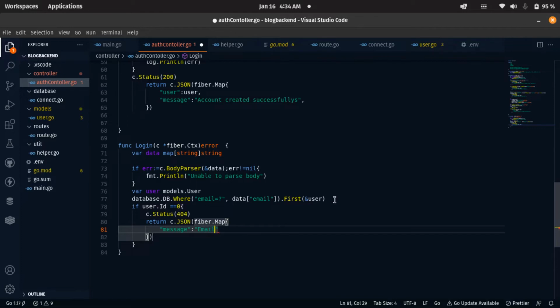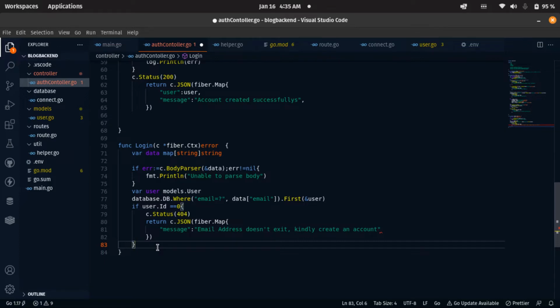Depending on the error message you wish to return anyway, we're going to say email address does not exist, kindly create an account. So this is the error message we need to return if the email address does not exist in our database. All right, so the next thing we have to do now is that